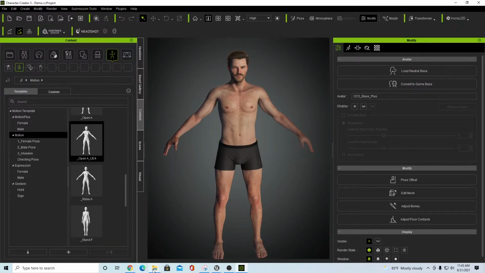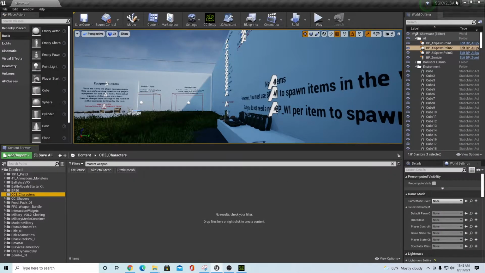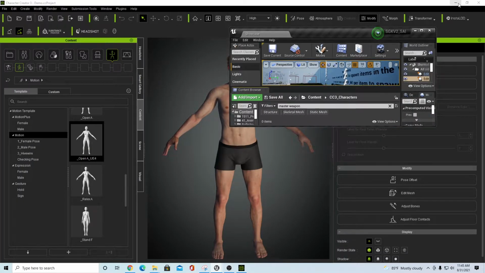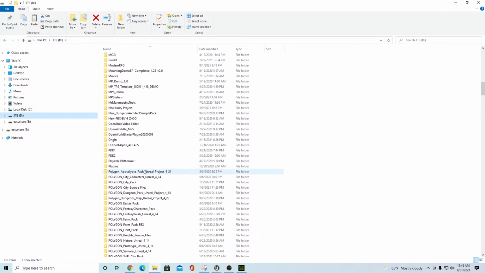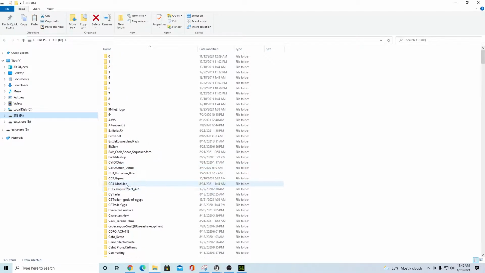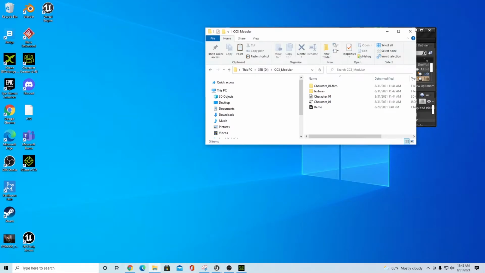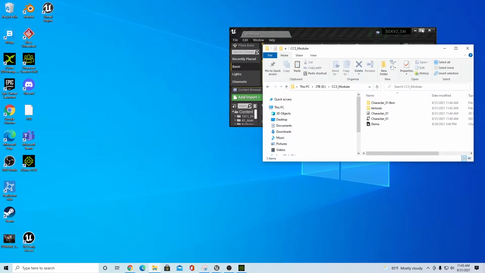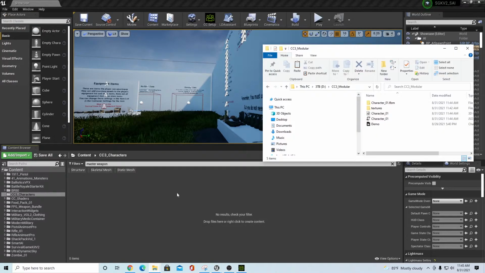Okay, now that everything's been exported out to our folder, we would go back into our project, and I'm going to just slide this off to the side a little bit. And we're going to go out to our directory where we had exported everything. In my case, again, this was under CC3 modular, and there's my character 01 file. So I'll minimize these out of the way. And what we want to do is take this CC3 modular character 01 file, and we'll just drag it into our CC3 character